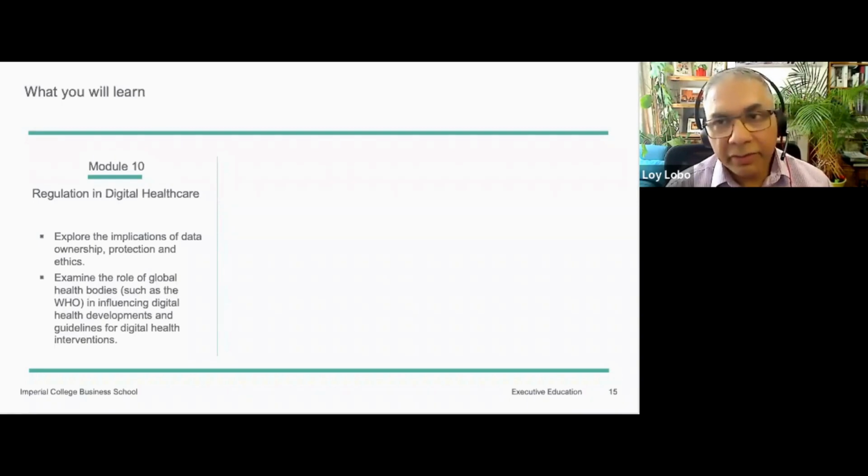I also find people within the healthcare sector who are not aware of all of the regulatory aspects of digital transformation, and that awareness would have a greater influence on how they engage with the innovations that are happening in the sector. So this module really attempts to level that playing field for everyone, whether they work in healthcare, whether they work in pharma, or they are innovators, entrepreneurs themselves, on what are the sorts of things you need to consider and why